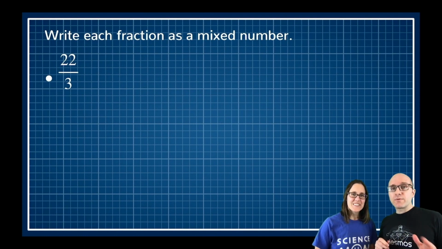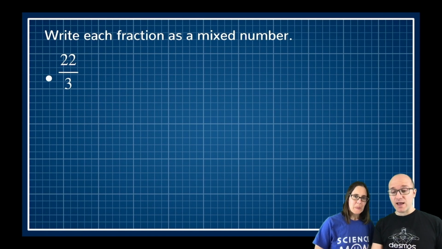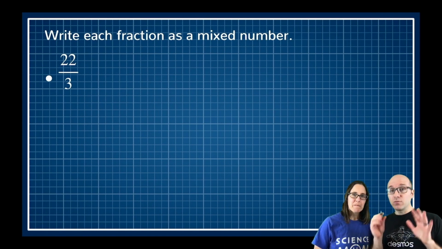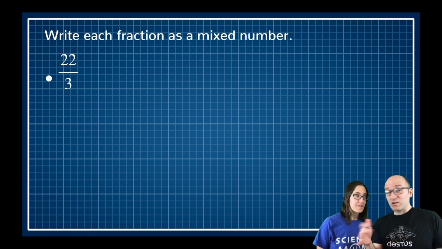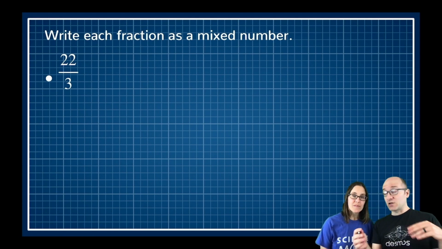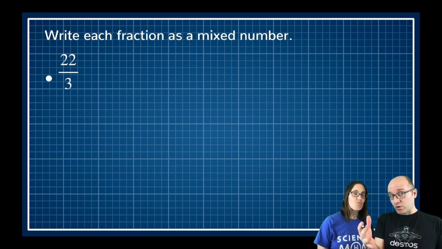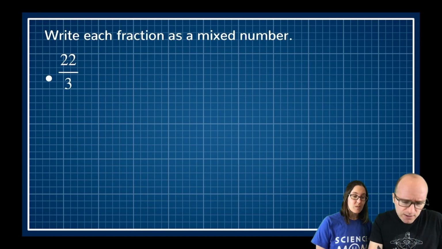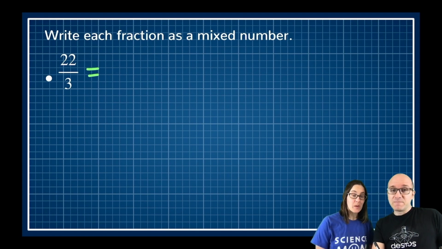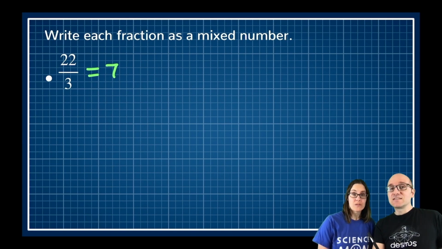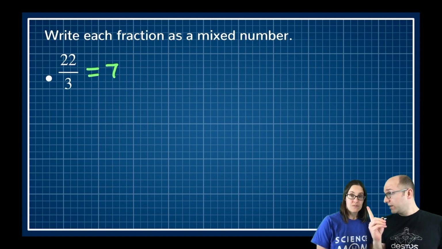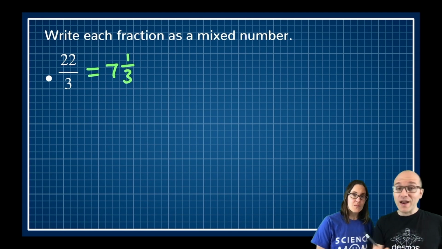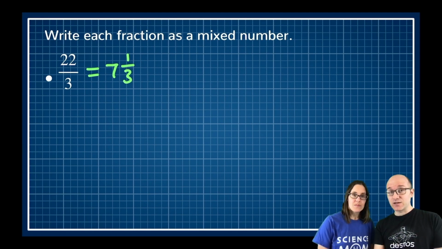All right, we want to write this fraction as a mixed number. So 22 thirds, or 22 divided by 3. To describe what a mixed number is, we're just going to do long division. We want to write it as a whole number plus a fractional part. So 22 divided by 3, do you remember how many times 3 goes into 22? Well, 3 times 7 is 21, so it'll go in 7 times, but then we're going to have a little bit left over. 7 times with a remainder of 1. So 7 and 1/3 is the mixed number form of this fraction, 22 thirds.